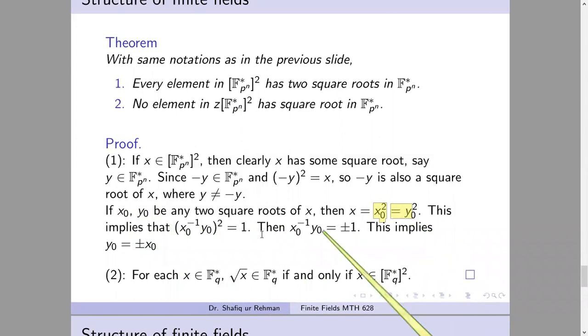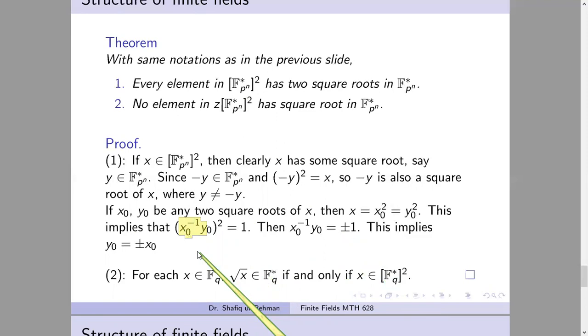जो दिस इम्प्लाइज, इसको एक तरफ ले जाएं, x नॉट inverse y नॉट whole square is 1, it means कि इस एलिमेंट का ऑर्डर या 1 होगा या 2 होगा। ये जो ब्रैकेट के अंदर एलिमेंट है, it has order 1। अगर इसका ऑर्डर 1 होगा तो ये आइडेंटिटी होगा, तो फिर ये 1 के इक्वल आ जाएगा। अगर इसका ऑर्डर 2 होगा तो ये -1 होगा, because in a cyclic group of even order we have only one element of order 2, that is -1.